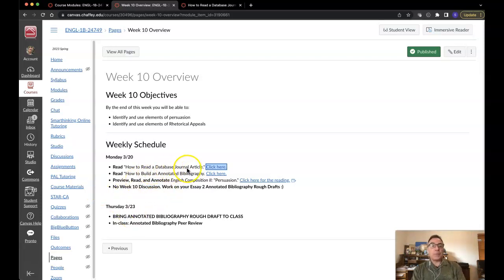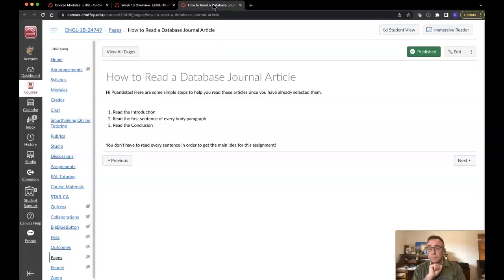So, how to read a database journal article. Those of you who've had conferences with me have already talked with me about this a little bit. We've already gone over how different the reading is for these journal articles. There are no pictures, there are no fun, colorful graphs. It's just text, text, text, text, text. Maybe some number grids. I'm not expecting you to be an expert. We have to apply different reading strategies for different kinds of texts. You're not going to read a journal article the same way you're going to read, say, a magazine. So we're going to keep that kind of stuff in mind.